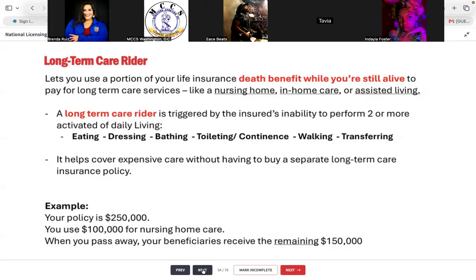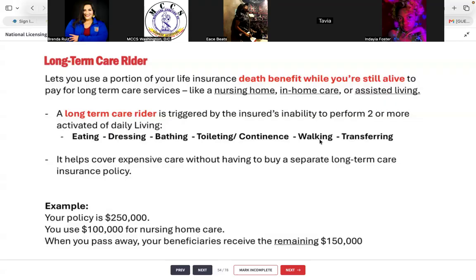living activities. So if you are unable to eat on your own, meaning like take a fork and put it in your mouth, you're unable to do that. If you are unable to dress yourself, if you need help getting dressed, if you need help using the bathroom. Maybe you can't get up from your bed, or that's transferring too. Maybe you can't sit down on the toilet. I need help. Maybe you can't take a bath. You can't shower on your own. You need help showering. You can't use the bathroom on your own. You need help walking. Maybe you can't walk at all.